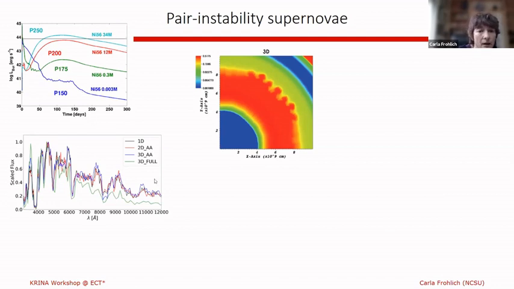We've also then calculated spectra, and this plot that is very busy has a comparison of 1D to 2D to 3D, and whether you take angle-averaged data or the full 3D composition. But basically, we have done these predictions of what the electromagnetic signal would look like. So if you ever observe something weird, you can go look at all the theoretical predictions and see whether there's something that could match the weird object you observed.